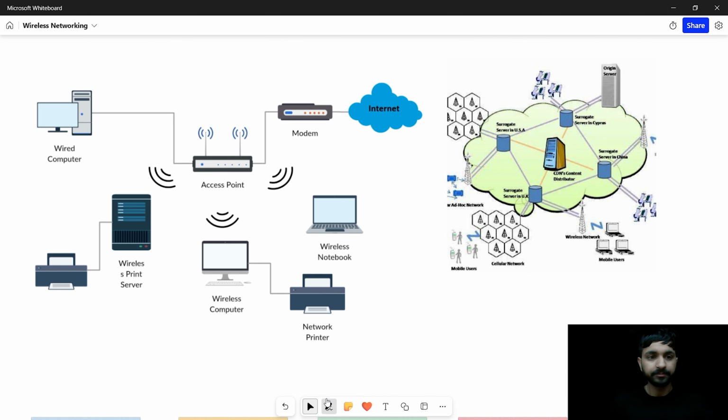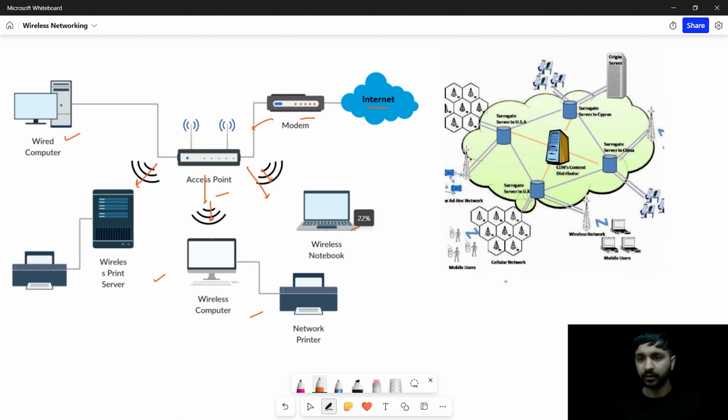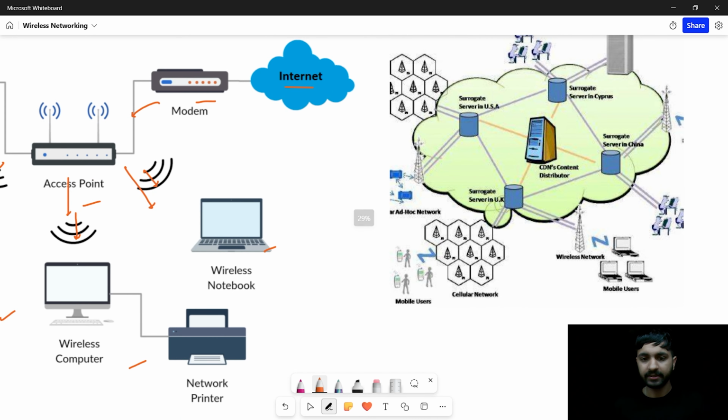Then we have the access point, which transmits the data from one device to another and connects these to a single network, which is connected to the internet through a modem. Then we have switches and access points transmitting the data wirelessly to other devices, the laptop, the wireless printers, and wireless computers assigned to that. In this particular picture we can see